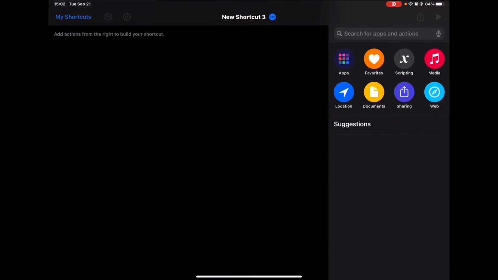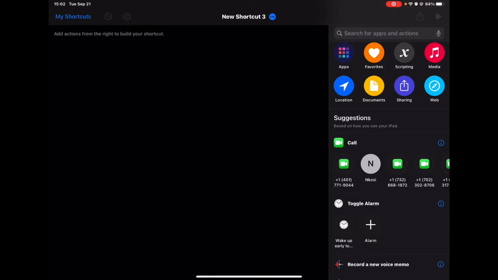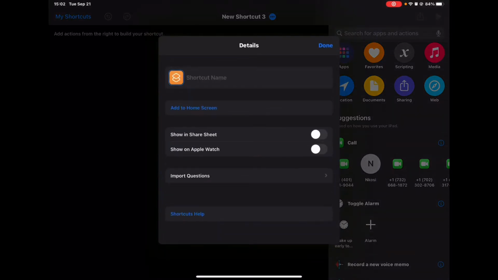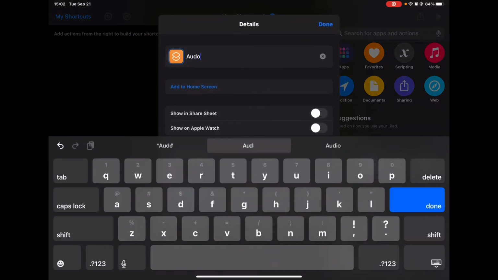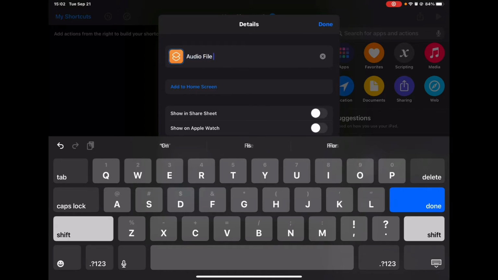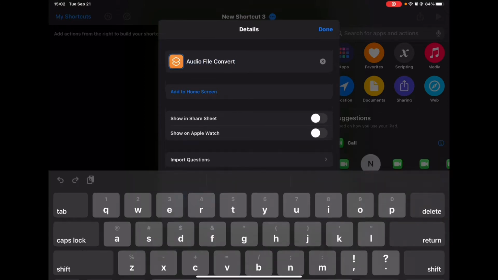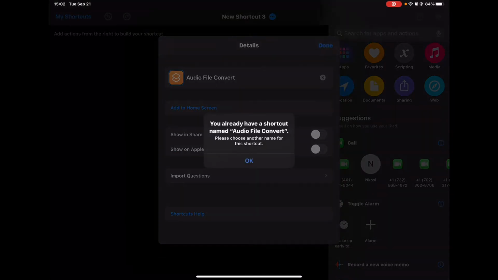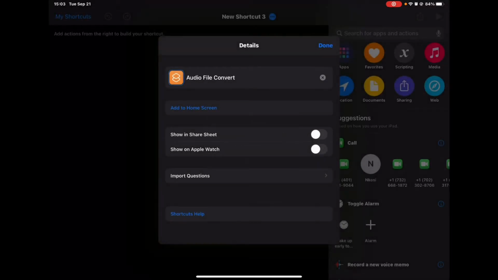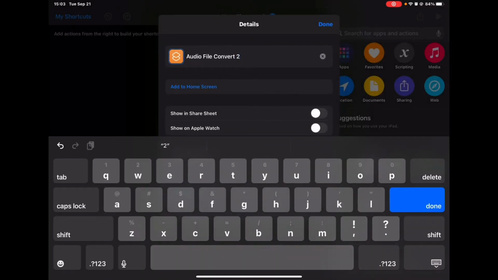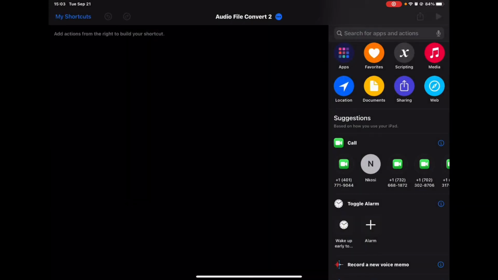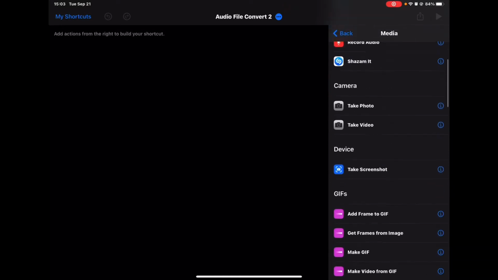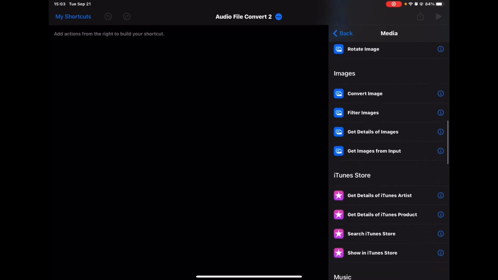So first thing, you just want to press plus for a new shortcut, and you can name it by pressing these three dots. I'll just call this audio file convert. And then you can add it to home screen. You can use all these other details you can do. It says I already have a name that's called audio file convert, so I have to name it something different. So anyways, now what you want to do is first go to media